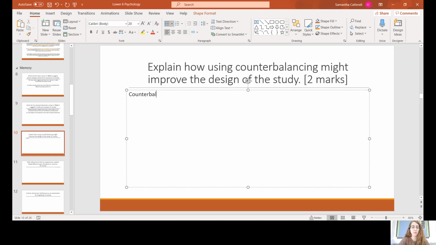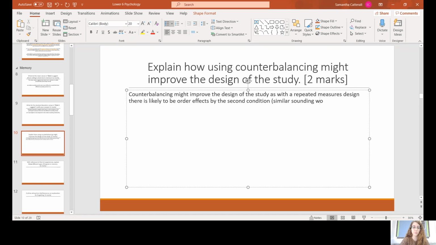So let's see, counterbalancing might improve the design of the study, as with our repeated measures design likely to be order effects by the second condition. In context, really good technique, that is the brackets, just bob it in so it's there, and then you could just carry on how you would normally do your sentence. By the second condition,